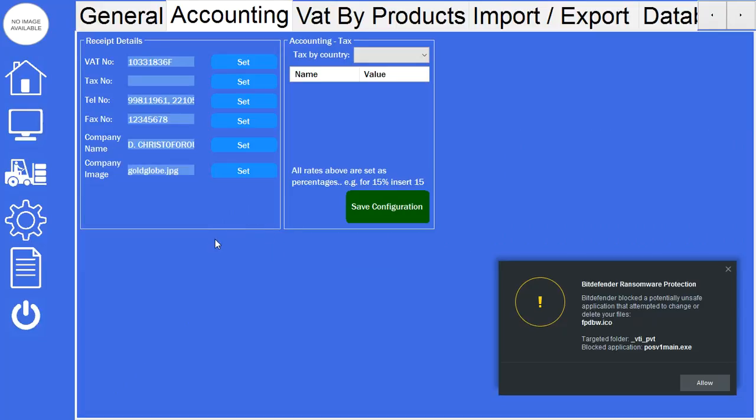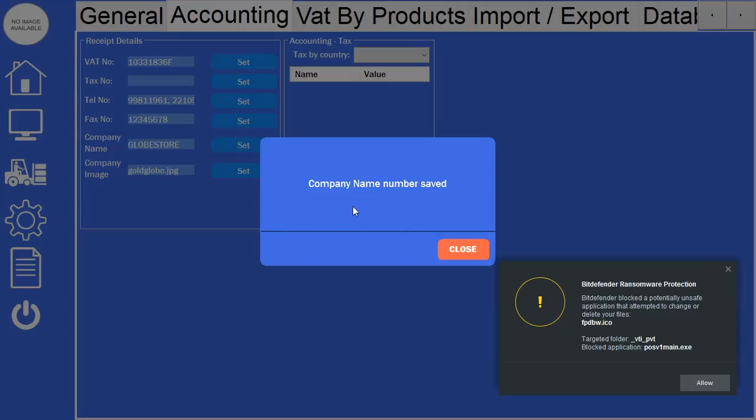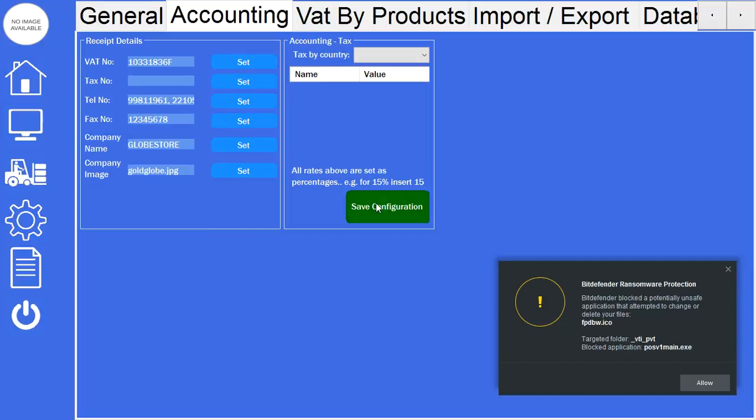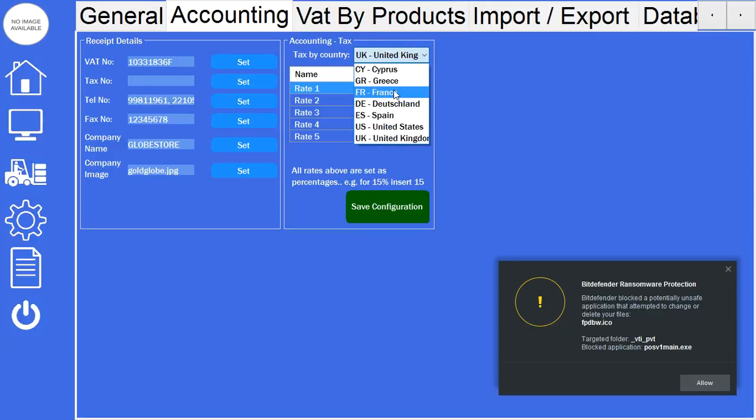This is my brand, and I can change the name. So I'm going to put something here. Globe Store, set. Okay, and then I can decide that I am working from United Kingdom or from France, Cyprus,